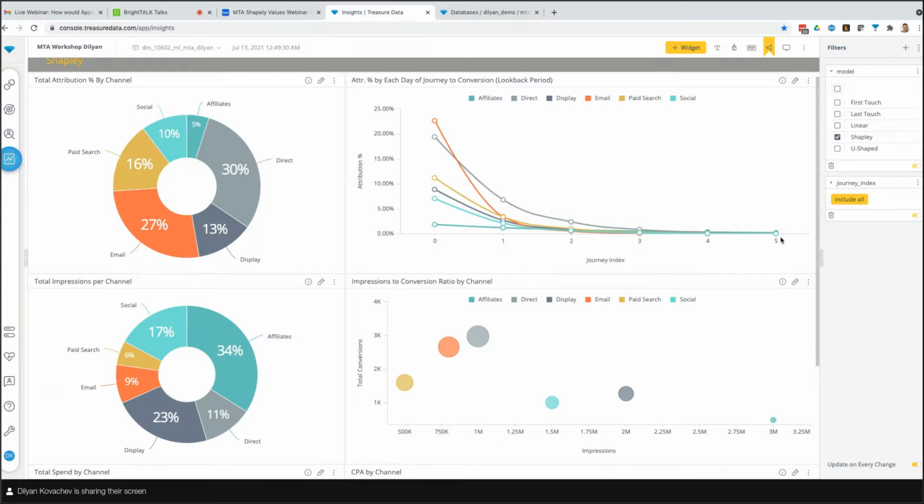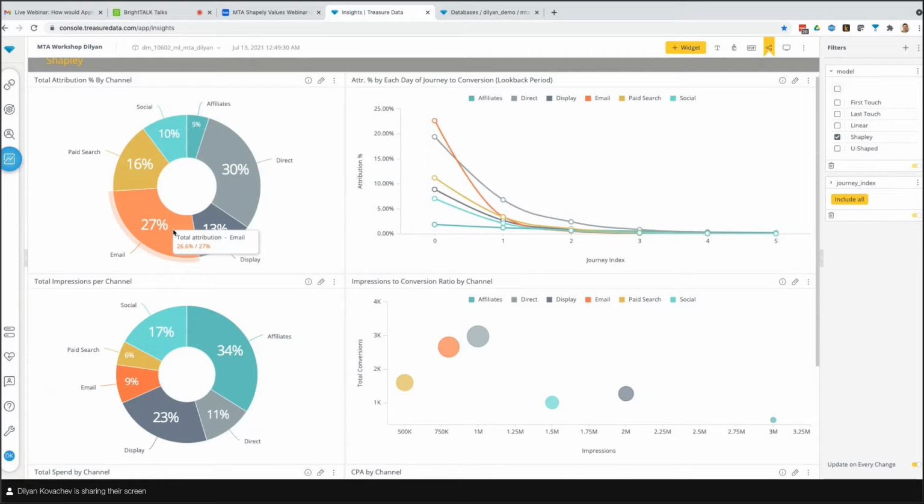Either way, when all of the partial credit is added across all the touch points, you can see the final percentages looking a lot more balanced. Email's still getting a decent amount of credit, which you would expect. It's typically one of the top performing channels. That's where people are. They've actually provided an email. They're real users.